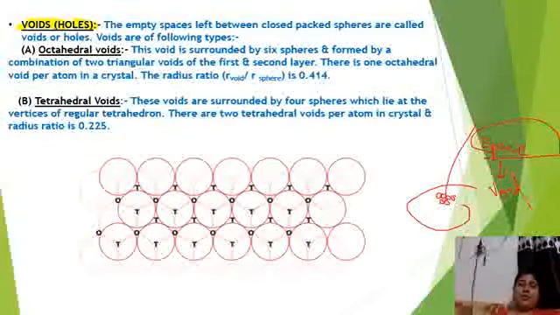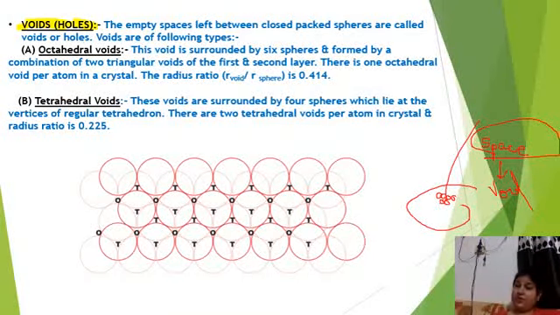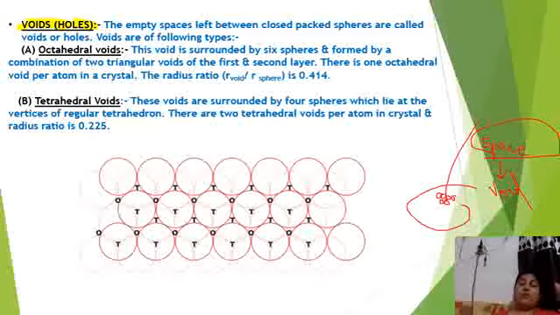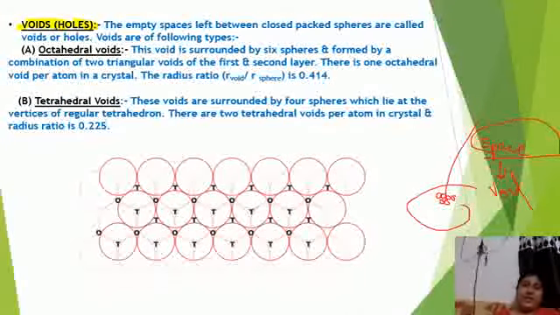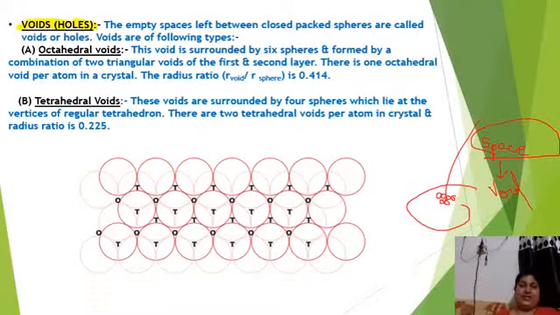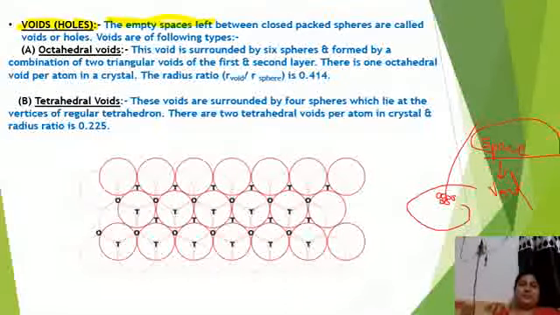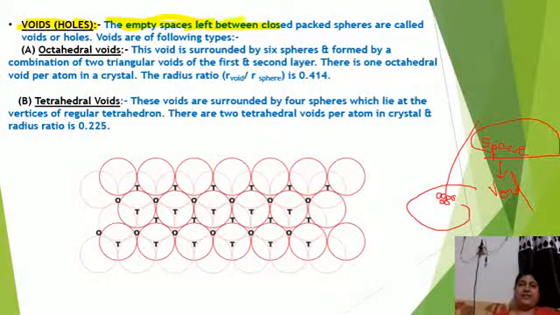It has so many names. It is also called intermolecular space. It is also called void. Moreover, it is known as holes and interstitial space. So, the empty space which is present in between these particles, जो इंटरमोलिकुलर पार्टिकल्स होते हैं उनके बीच का जो स्पेस होता है, that is known as voids.